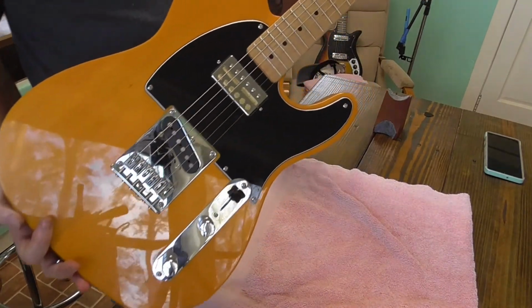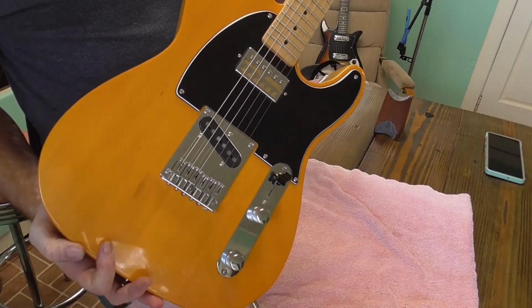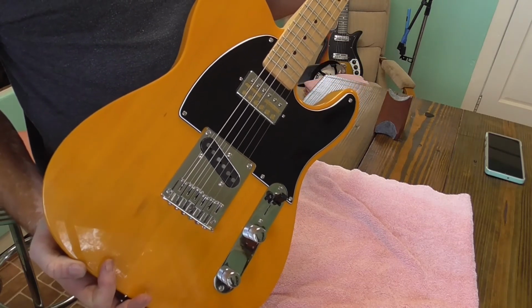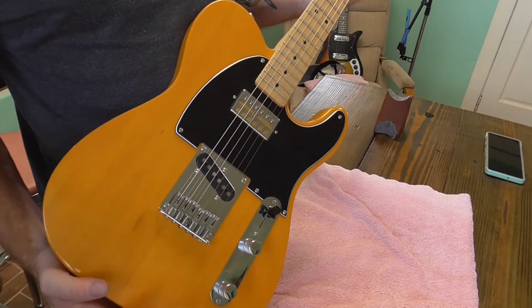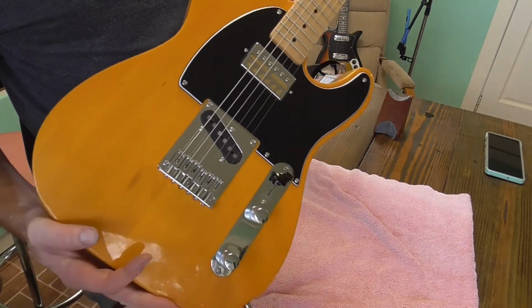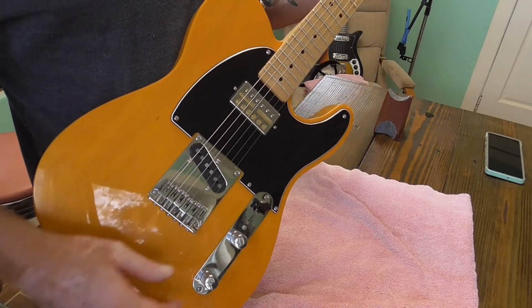Okay, finally got it put back together. Truss rod was just floating around. Not a lot of work, but just the typical thing. Get it straight, right relief. Action was way too high. Pickup height was too high too, so I had to drop that down. But it sounds